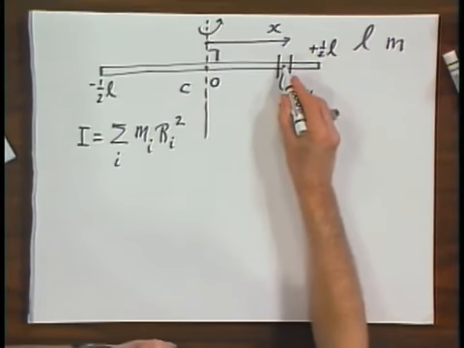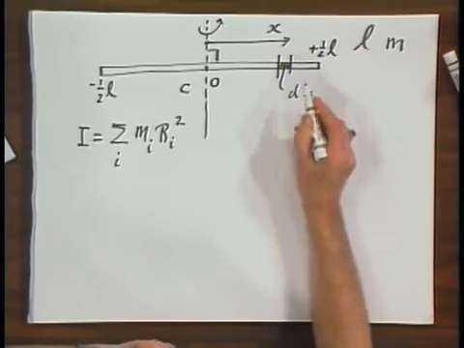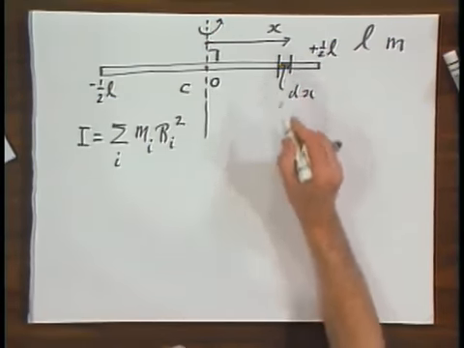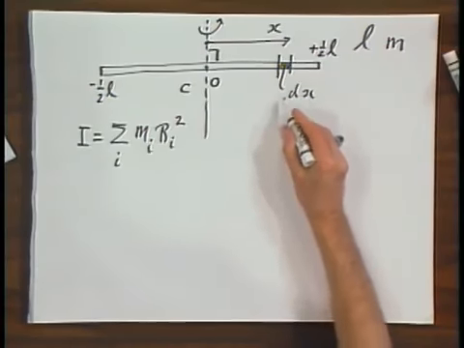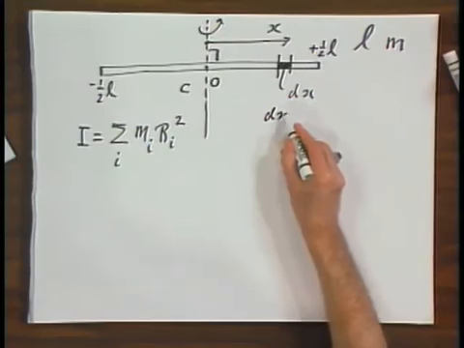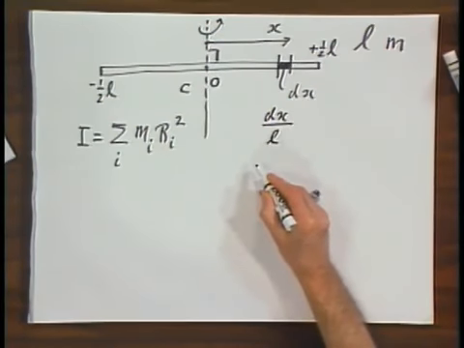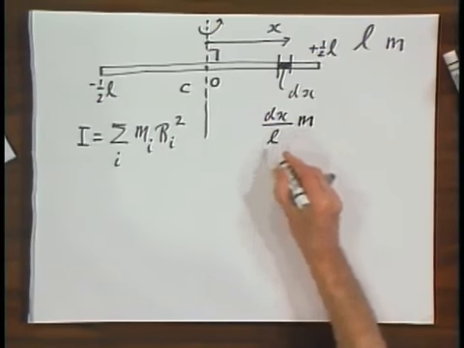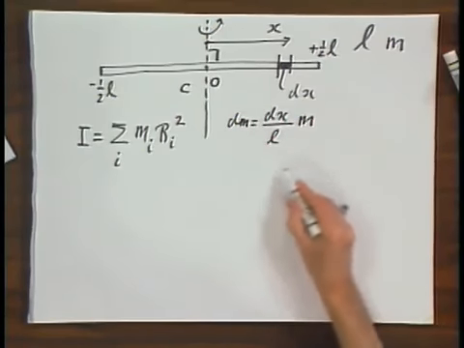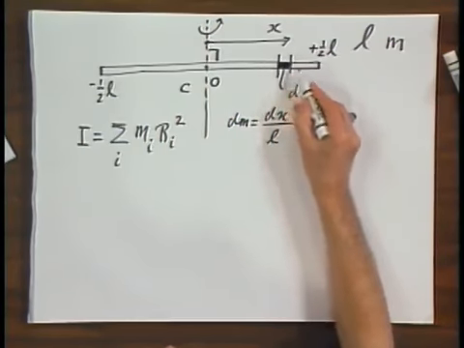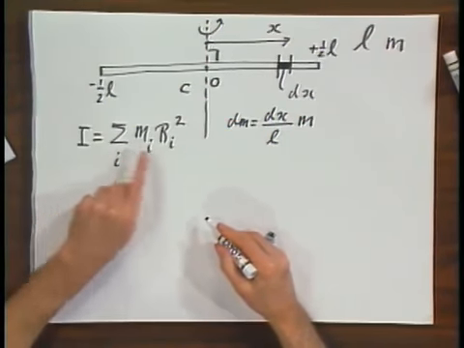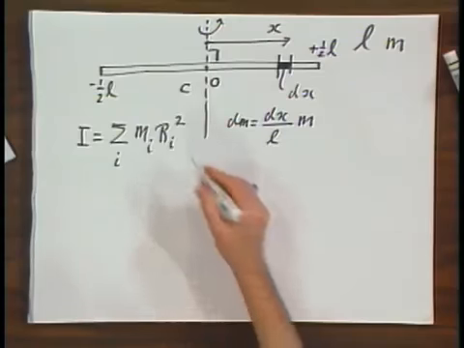What is the amount of mass that is in here? This little element, mass dm. Well, the fraction of the total mass that is in here is dx divided by L, and the total mass is m. So this is the mass of this little section which has length dx. And so if now I go to the continuous